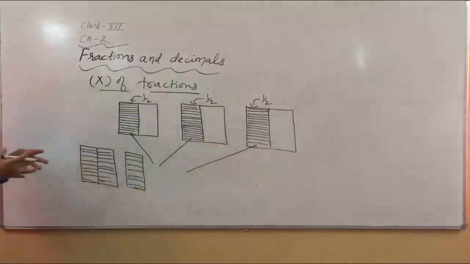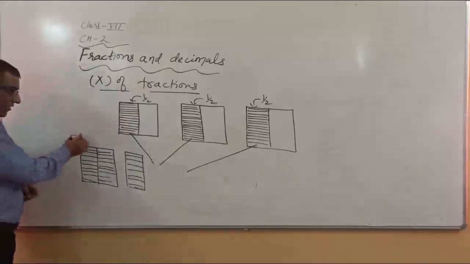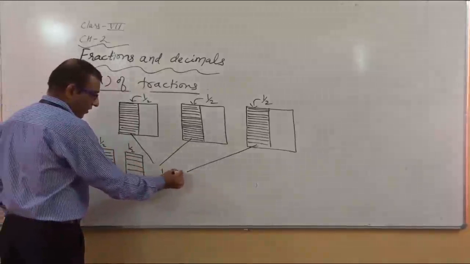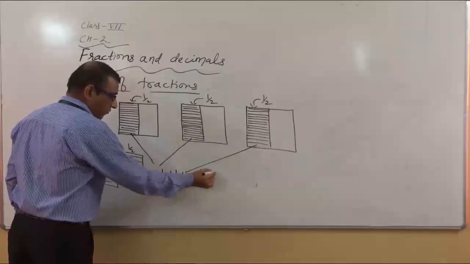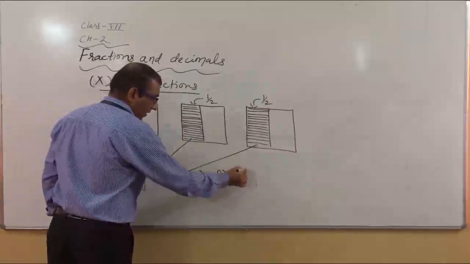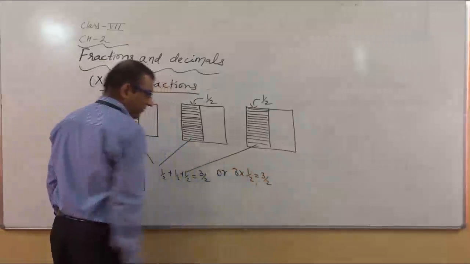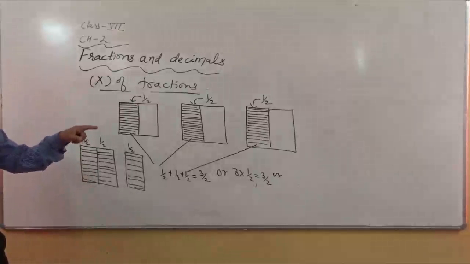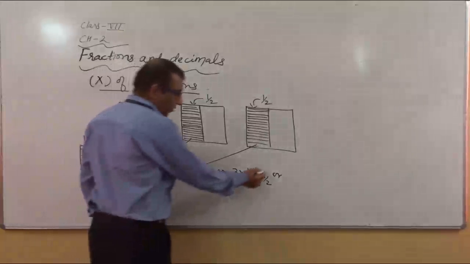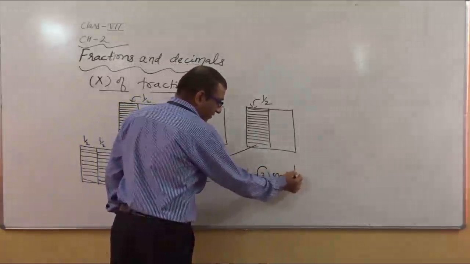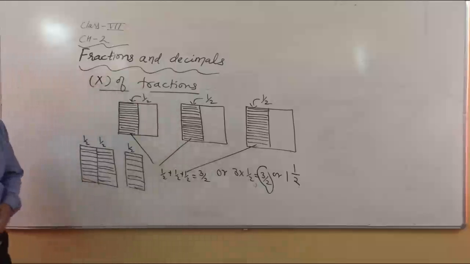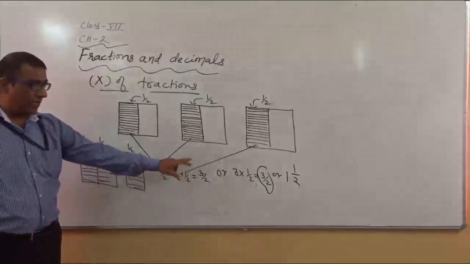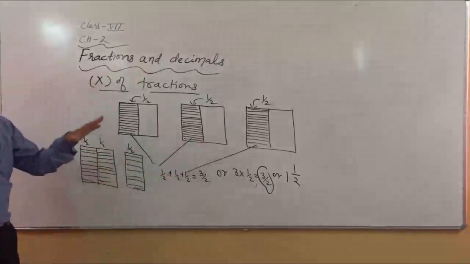When you join them together, it looks like this. So we can say this is half, this is half and this is half, and when we add half plus half plus half, what does it become? It becomes 3/2. Or we can say 3 multiplied by half becomes 3/2. And what is 3/2? Where the numerator is greater than the denominator, so definitely we can say it is an improper fraction. So we will convert it into a mixed fraction and it can be written as 1 and 1/2. This is one of the best examples in which addition is possible, multiplication is possible, and we will convert into a mixed fraction also if an improper fraction is there.